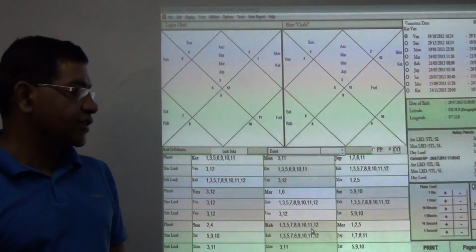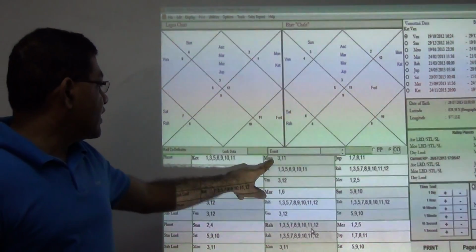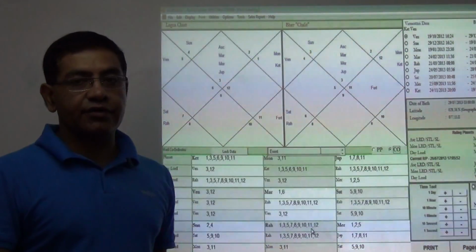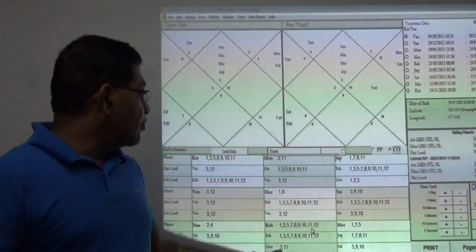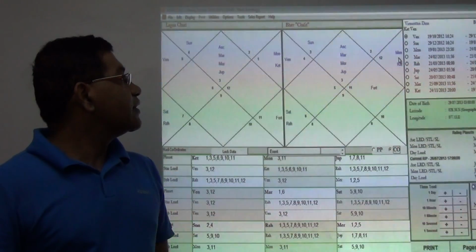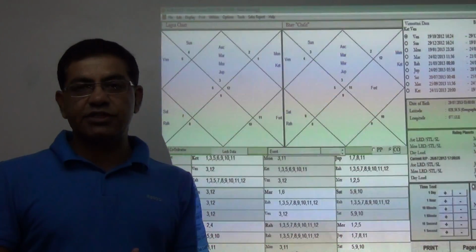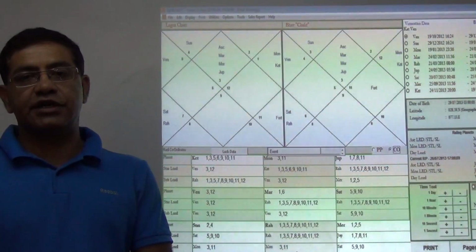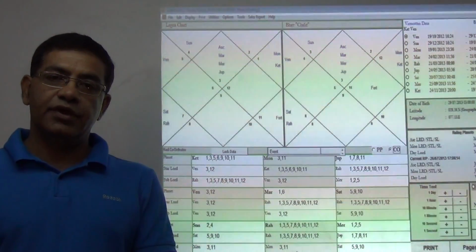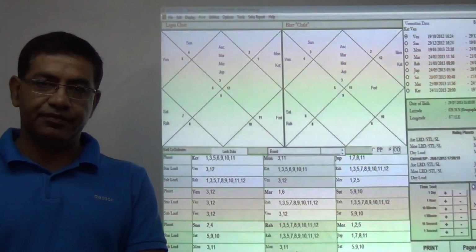and it will give these results: 1, 3, 5, 7, 8, 9, 10, 11, 12. Venus 3, 12; Moon 3, 11; Saturn 5, 9, 10; and Jupiter 1, 7, 8, 11. Now the Moon's results: the Moon is the lord of the 3rd house, placed in the 11th house, so the Moon gives the result of 3 and 11. So these many houses' results will be felt in the Mahadasha of Rahu, unlike the other example, although the degree of Rahu and the degree of the ascendant is the same.